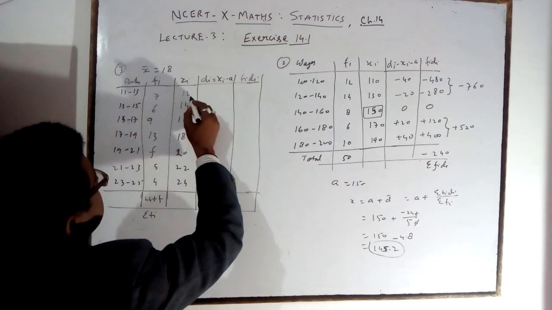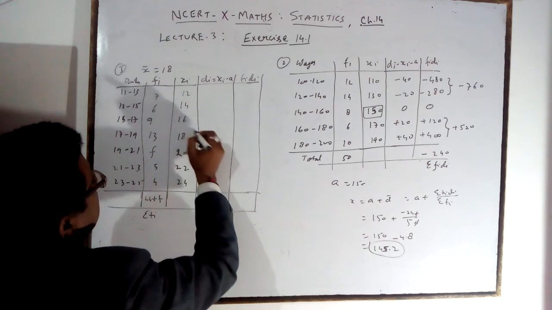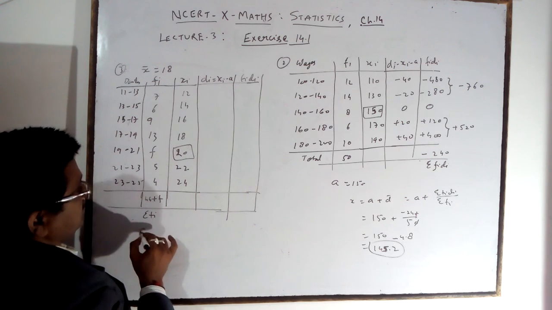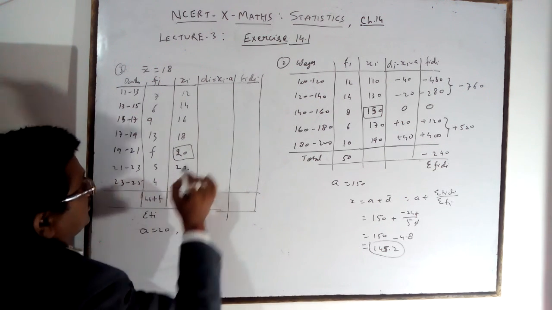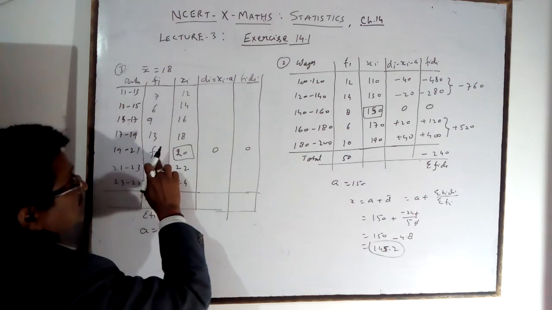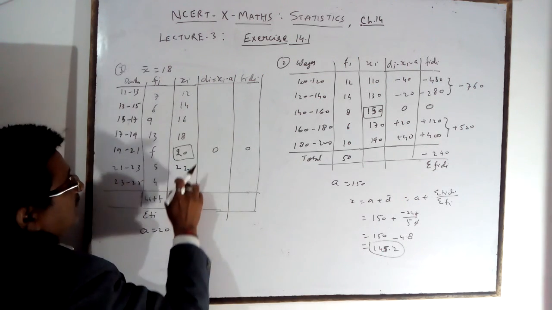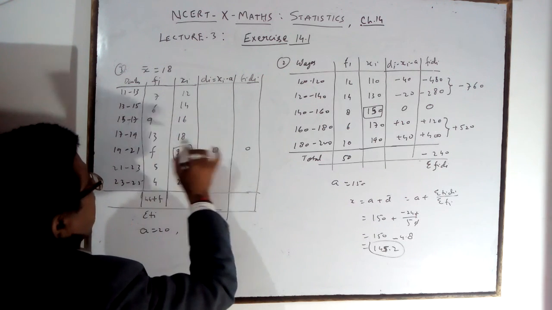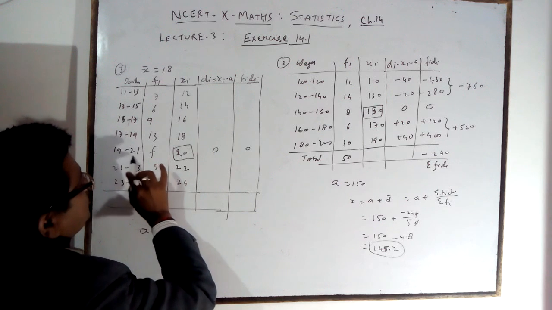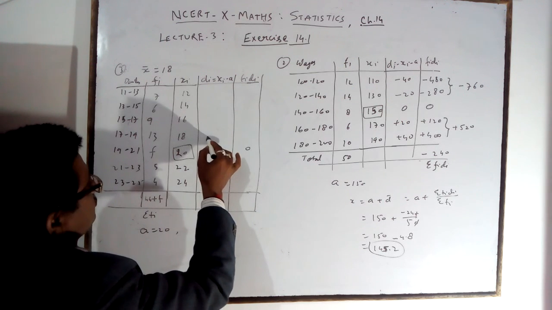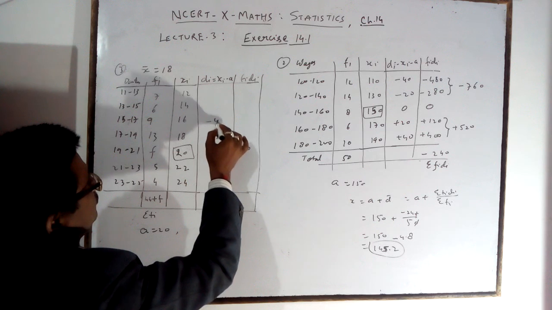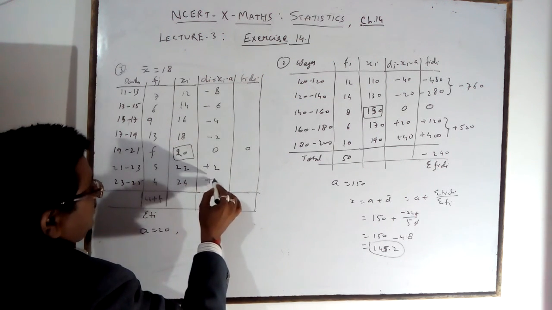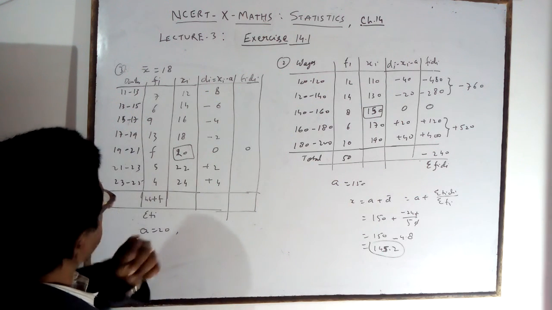Then xi you will calculate here. What is the f in front of this? You take the assumed mean a. A is equal to 20. In front of this you will write 0. It is easy. At the place of this I am taking 20. Then multiply here. What is the difference given? 2 is given. So minus 2, minus 4, minus 6, minus 8 you will get here, and plus 2 and plus 4. What is the class size? That you will get.